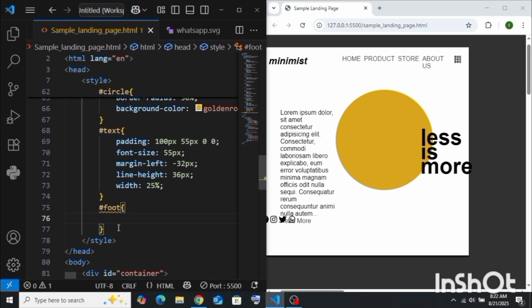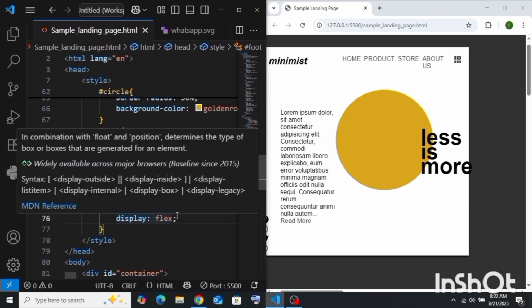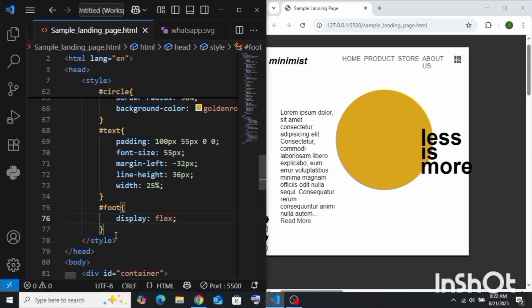The foot section, and I'm going to use display flex for it too, so that all the subsections are going to appear on a row. Now we are not going to appreciate it because the image is still overflowing, so let us reduce the image